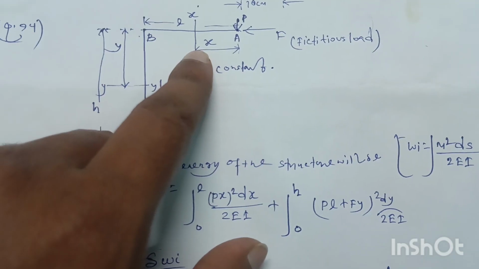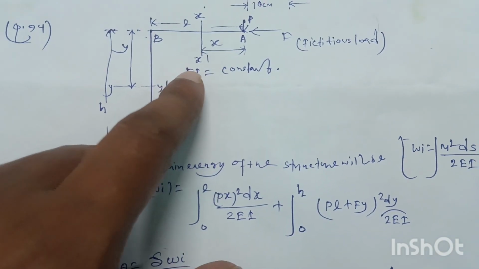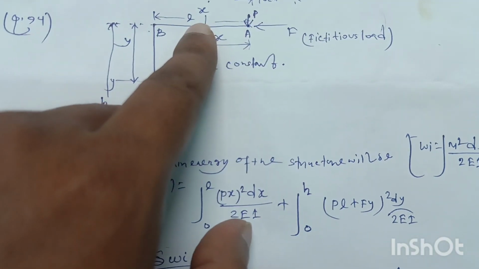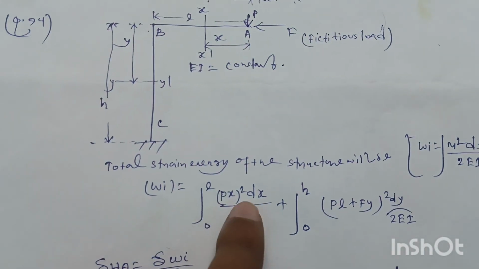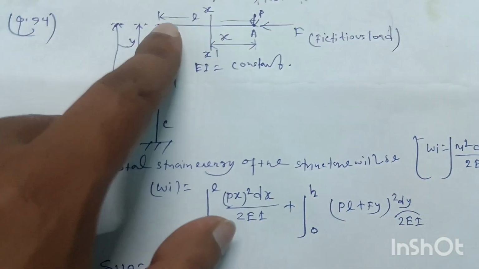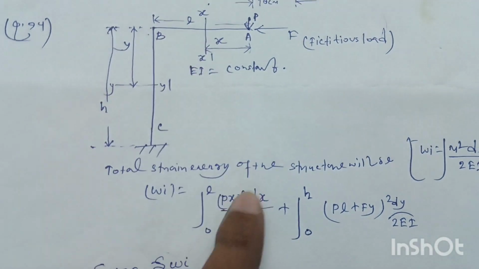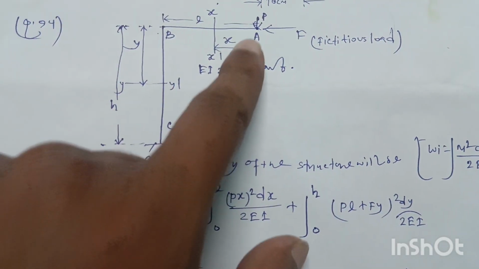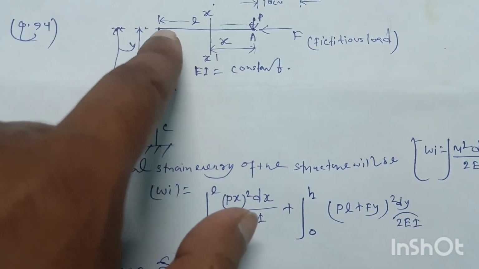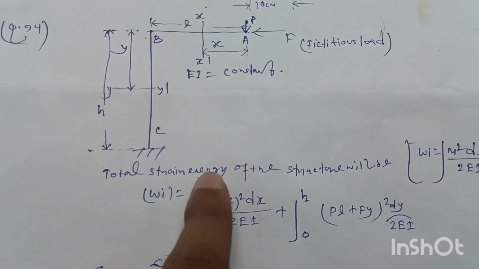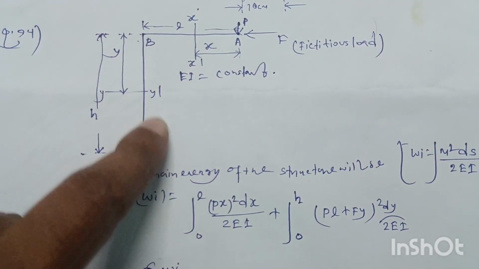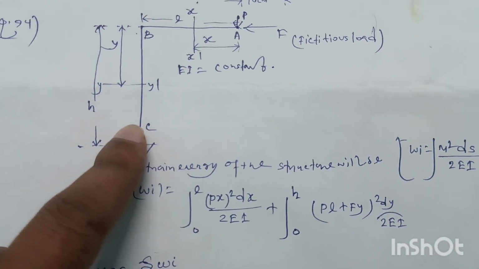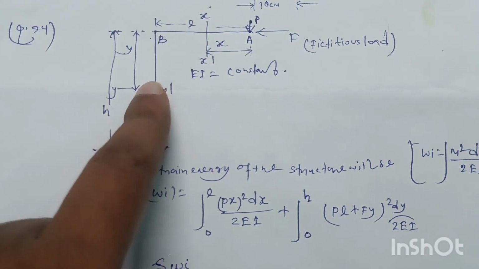At this section xx, the moment will be P into x, squared because it is M squared, and the element will be dx in the x direction, divided by 2EI. The total length of the member AB is L, so the limit is 0 to L, plus, for this member BC, the strain energy will be,